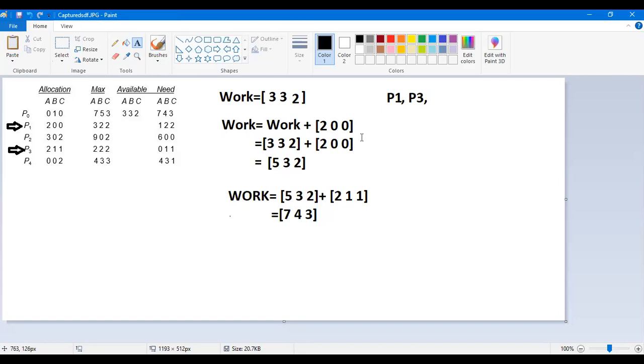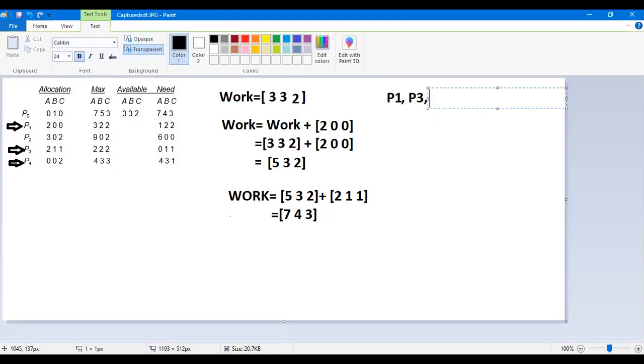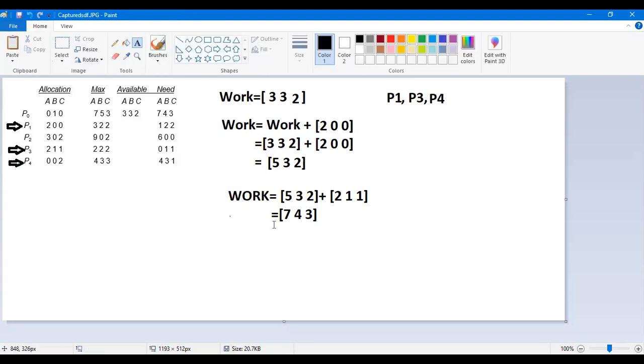You have already executed P3. Can we fulfill the request of P4? 4, 3, 1. Yes, we can allocate. P4 now can execute. P4 we are executing.